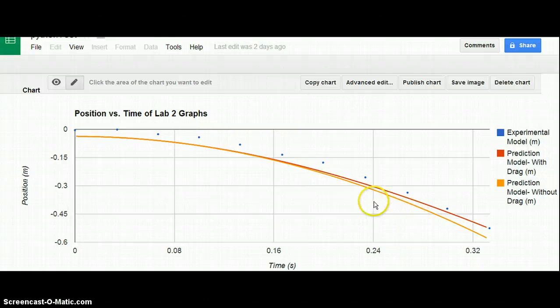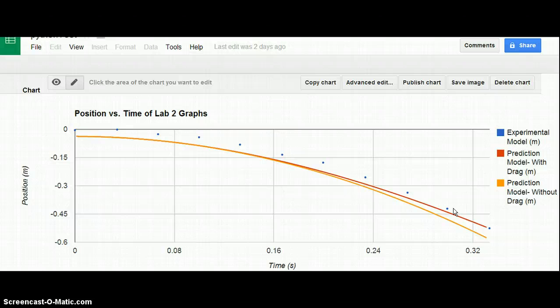Google Spreadsheet was used to make a graph of the data. The blue dotted lines are the experimental model, the yellow is the predicted model without drag force, while the red is the prediction model with drag force. The graph shows that the experimental and prediction model with drag force are quite similar with a little variation in